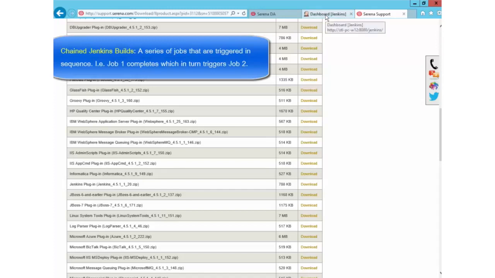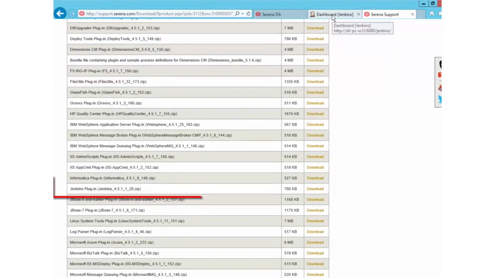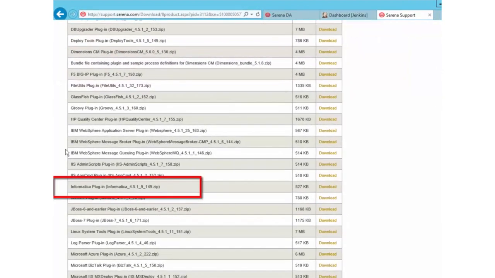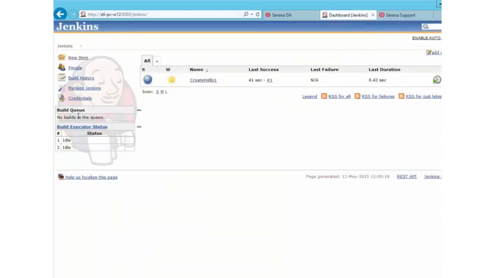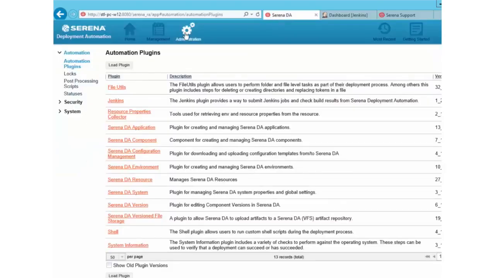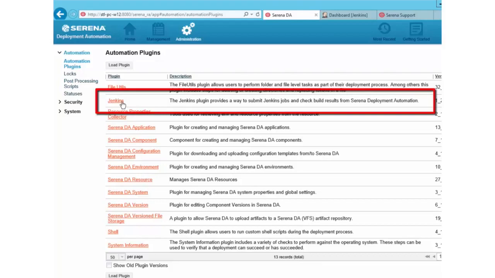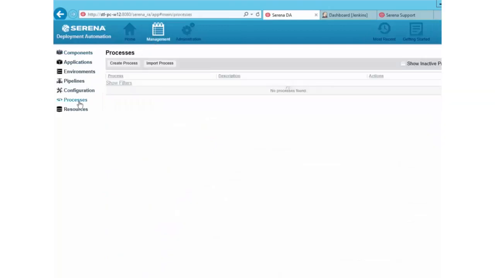So the first step is to install the plugin. As mentioned, this is available from the Serena website, so just go ahead, download that, and then from within Serena Deployment Automation Server, you just click on Load Plugin, specify the zip file you've downloaded, and the result will be this Jenkins plugin. So the best way to actually test this, as with most things, is to just create a